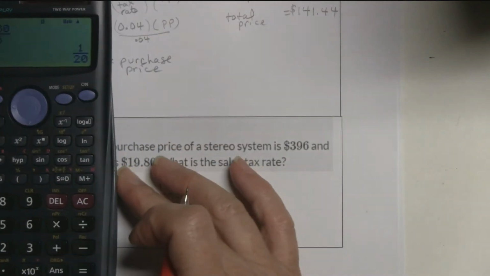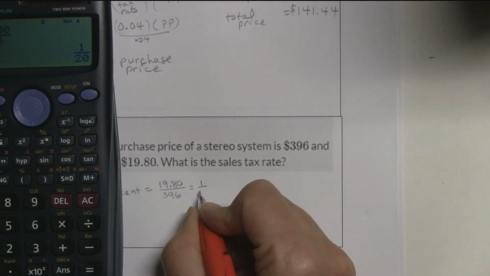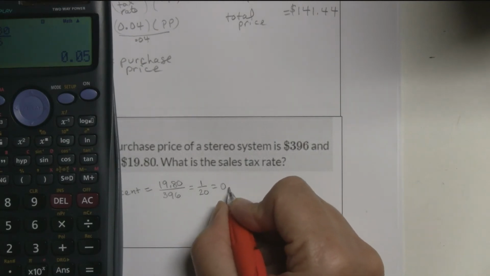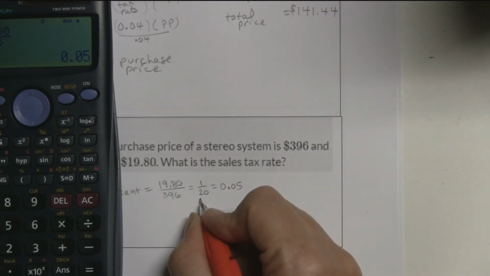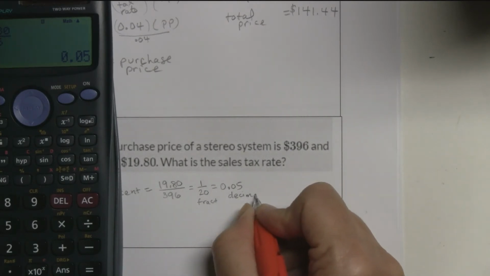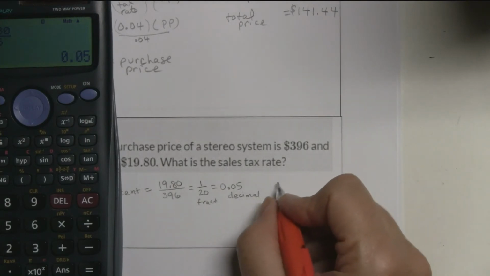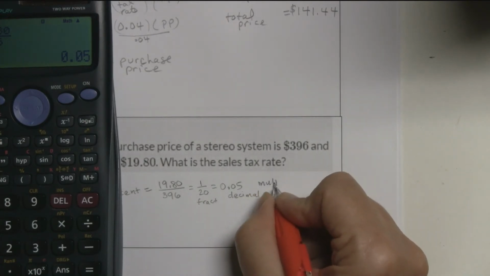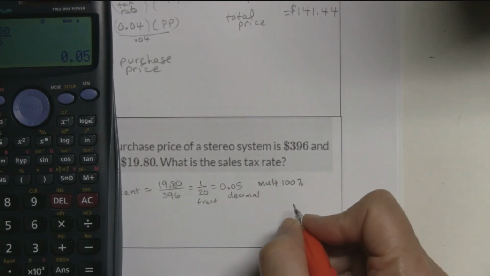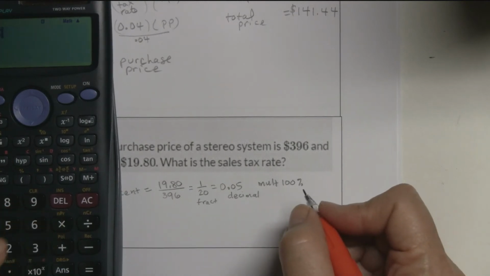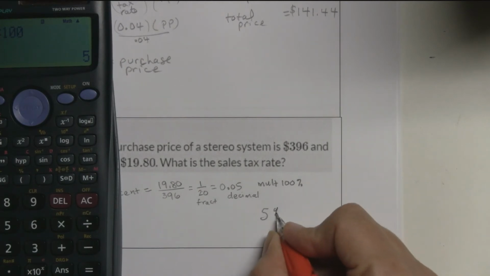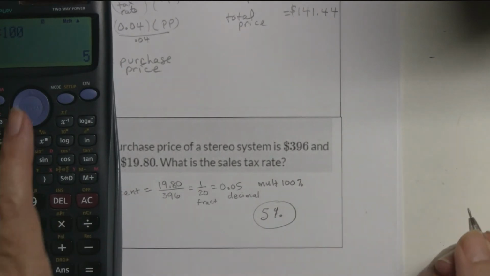396, and so this is 1 over 20, which is the same as 0.05. But I don't want it as a fraction, and I don't want it as a decimal. I want it as a percent, so I have to do one more thing, which is multiply either one of these numbers, this or this, by 100% to make it into a percent. So times 100, and you get 5. So 5%